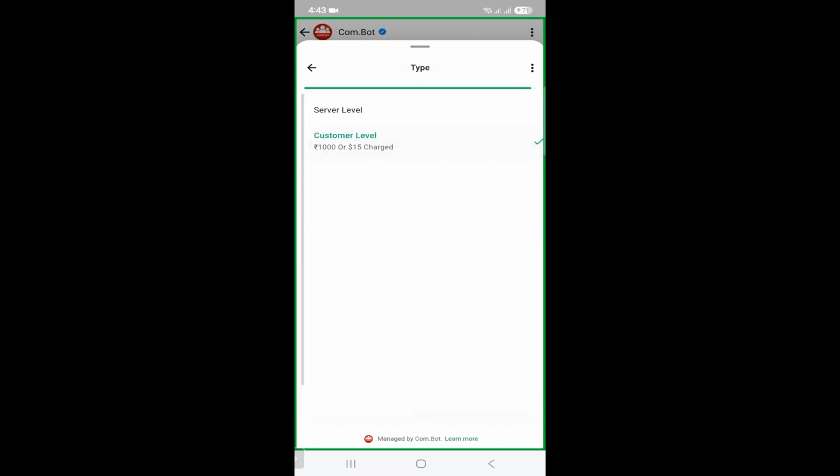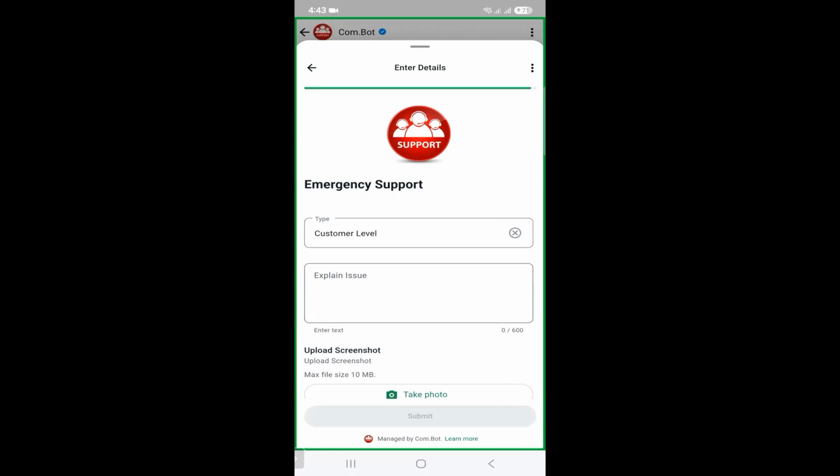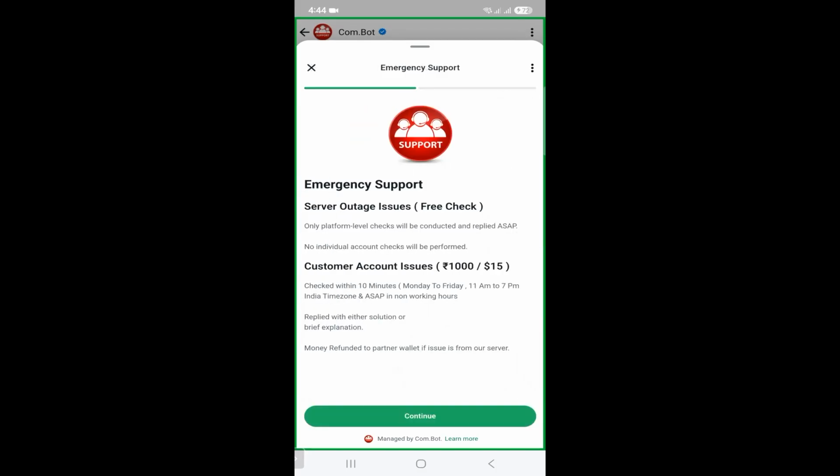Secondly, we also have a customer level option. So you see that there is no issue on the ecosystem platform level. All the other customer things are working, but only one of your customers who is very big, very premium, is really frustrated and wants a quick resolution in regards of why this is not working. It's not a chat, but all of his messaging has stopped. While you know how to debug it, you have to check the W manager, maybe the number might be banned. There are infinite possibilities. So during working hours, in case of customer account issues, we'll check within 10 minutes for